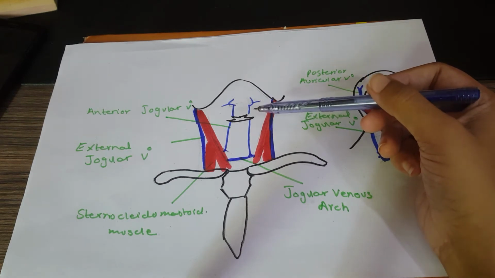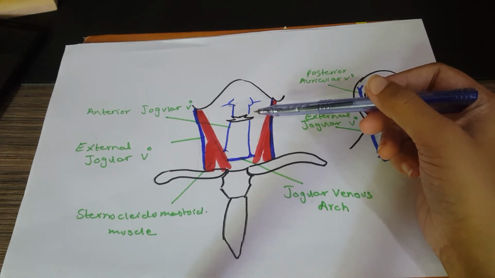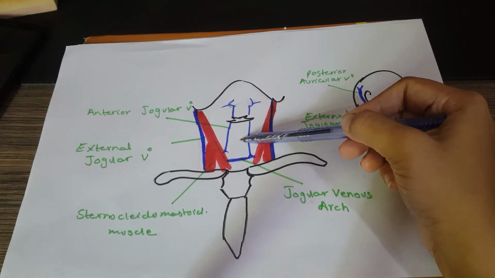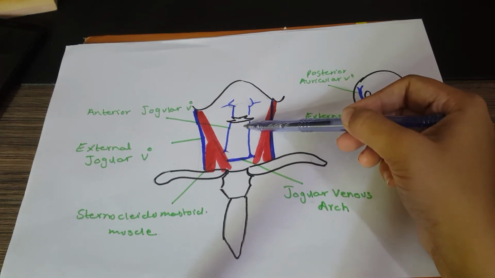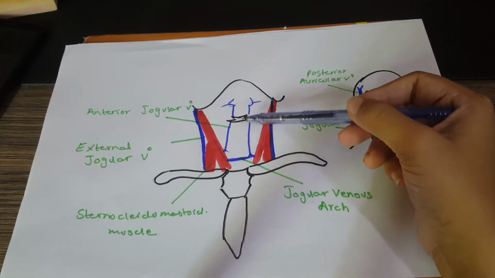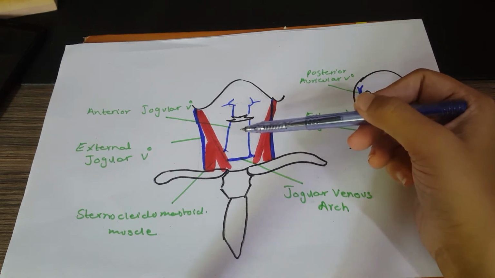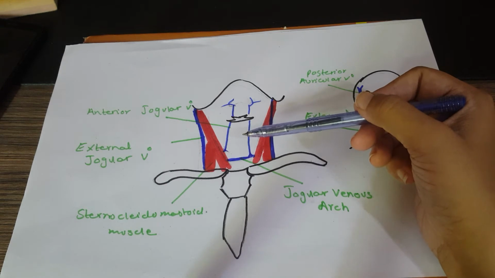These tributaries are the laryngeal vein, small thyroid vein and inferior thyroid vein. As the thyroid gland is present in this region, and the larynx is present, we can memorize these veins through the laryngeal veins, inferior thyroid vein, small thyroid vein.